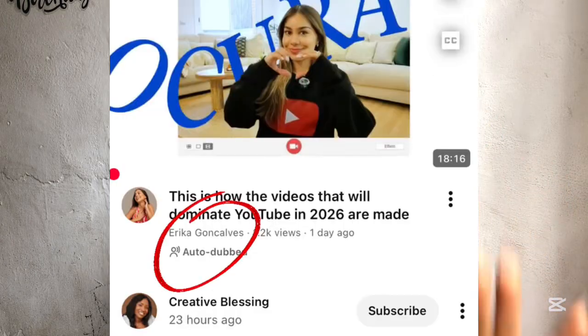So how does this happen? When you turn on this setting, YouTube is automatically going to auto dub your video, and whatever you are saying on your video, including the caption, is going to be translated into that viewer's language. For example, if the viewer is speaking French and the viewer's channel is already set up in French, whenever they see your video, they will not just skip past it and say, oh, I do not understand English, or German, or French. They will be able to watch your video because immediately the video starts playing